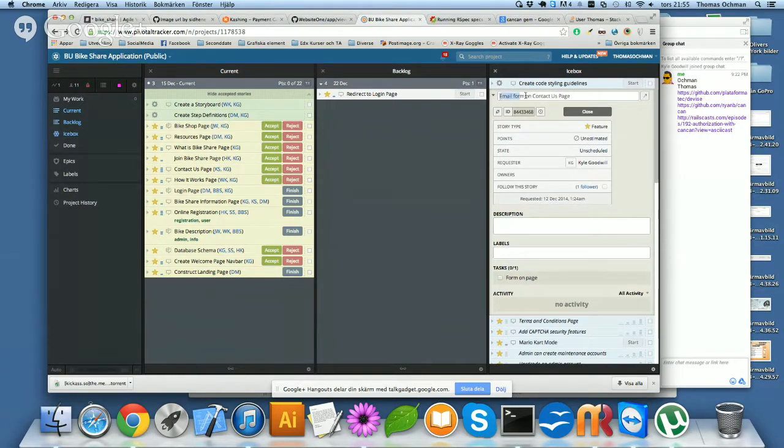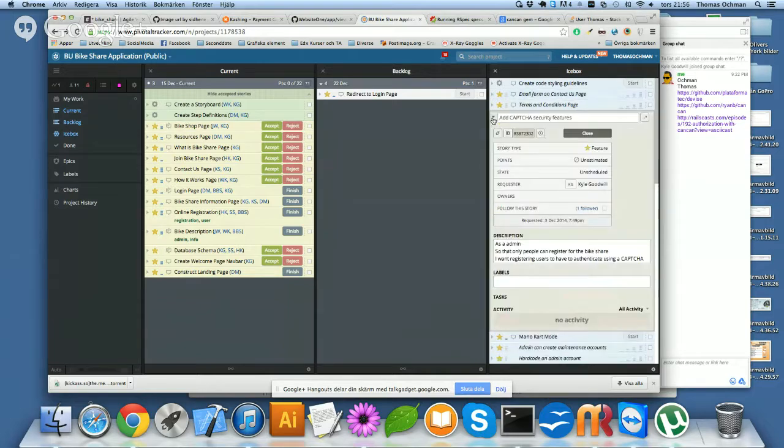Why is this feature needed? What sort of business value does this feature deliver? It might be very easy to understand. Well, of course, people need to contact us, but even the simplest things, the most obvious things, need to be put down on paper. So definitely attach a user story to this, and definitely attach a user story to